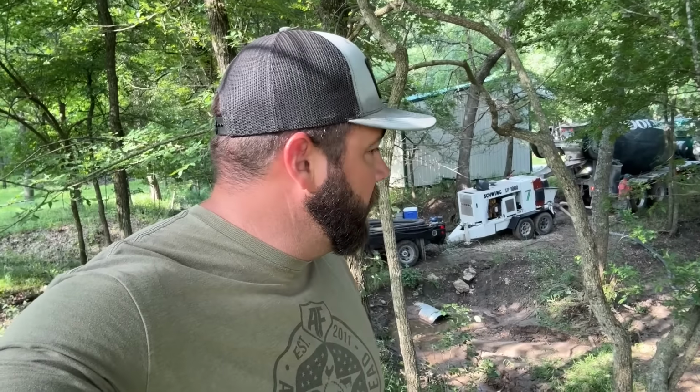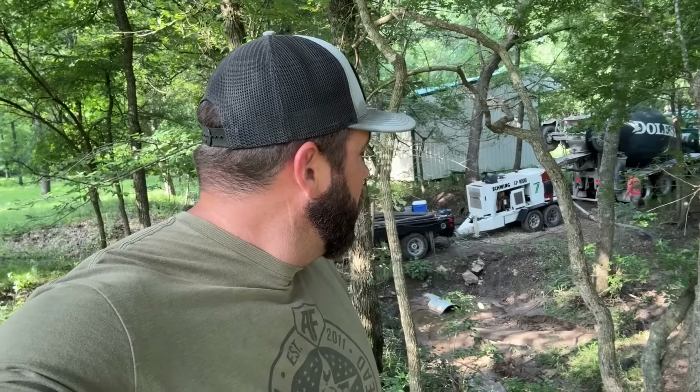And here comes truck number 2. So we're using 2 full loads of concrete. I think it's, don't quote me, but I want to say 4 yards per truck's what he ordered. Anyways, second truck's here. They got the first initial part poured. They're working the concrete, getting it the way they want it, and they're fixing to start pouring on the backside